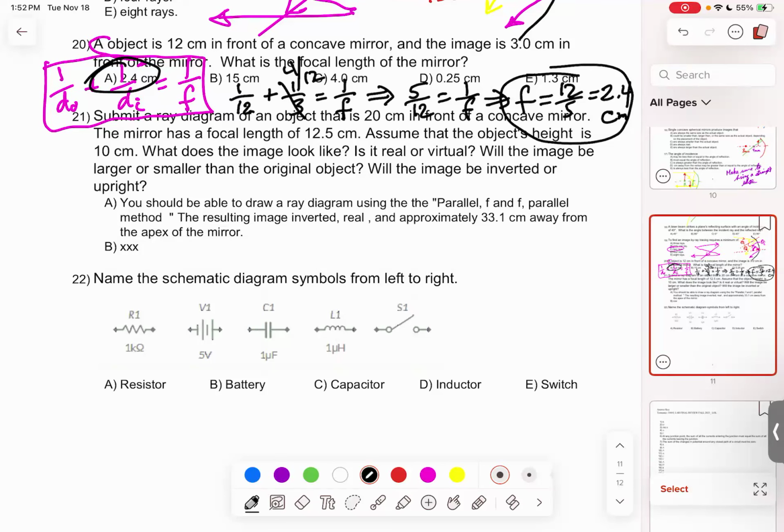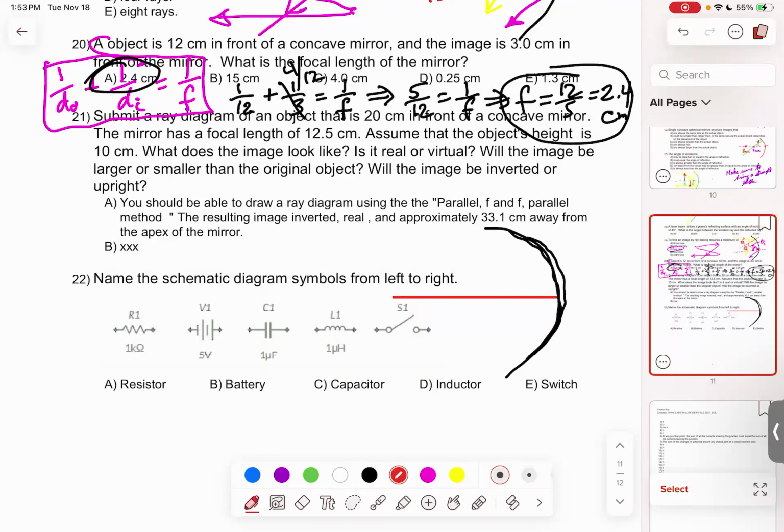Number 21, I will ask you to draw a ray diagram. So again, make sure that you have some straight edge, something to draw a really nice, clean, sharp image. Nothing hand drawn like I'm drawing here, right? The only thing that probably should be a little bit off base is maybe your semicircles. I get that, but your straight edges should be straight, okay? And they should be to scale.